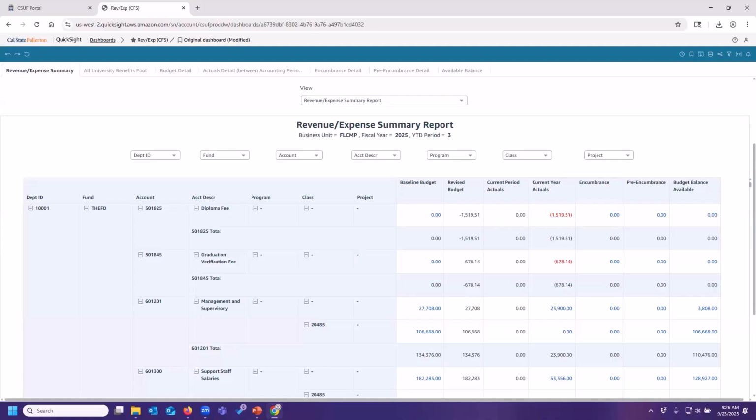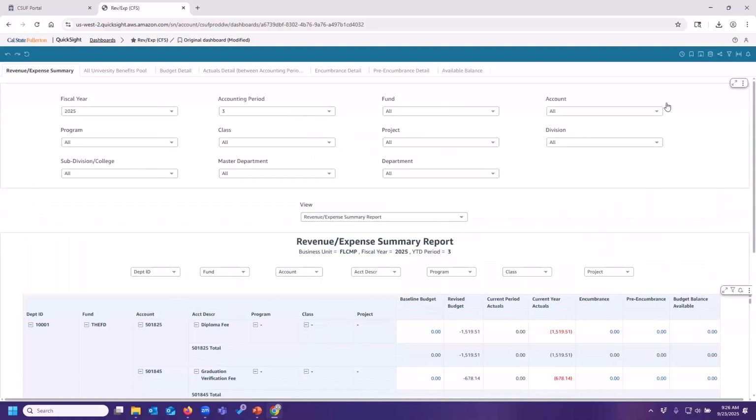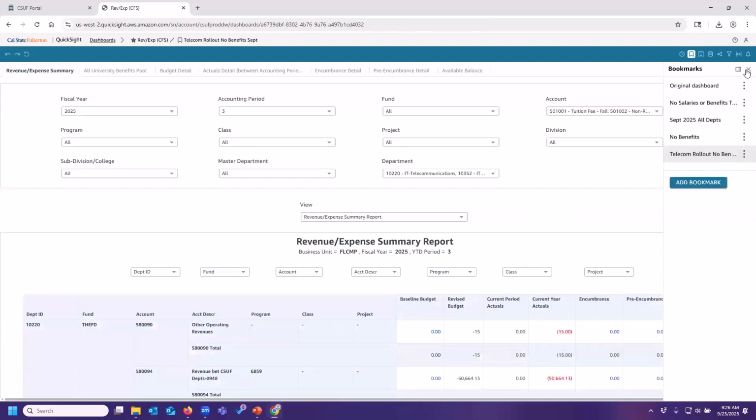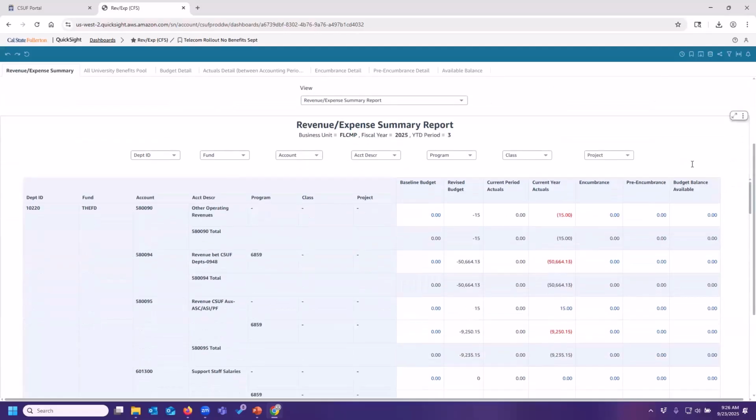Go over the exporting reports. Absolutely. Let me go ahead and go back here and choose this one so it's not trying to export too much. So you notice when I hover here over this table, now I have the menu options and I can export to CSV or to Excel.